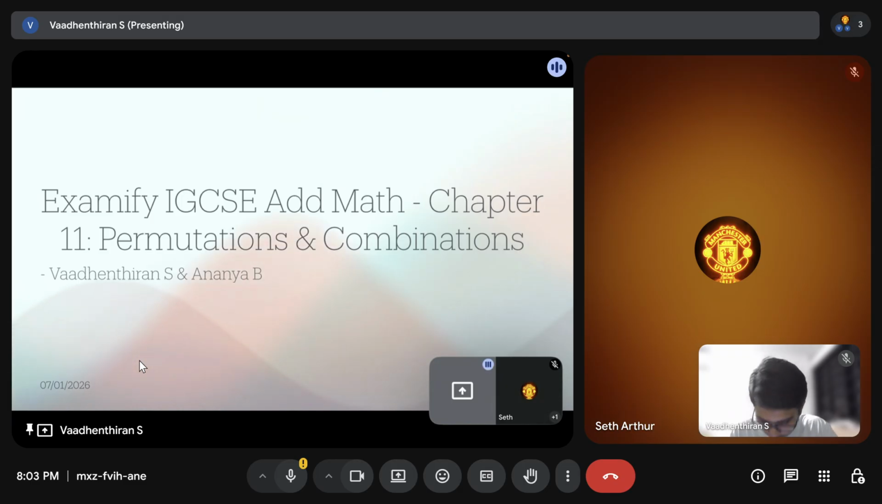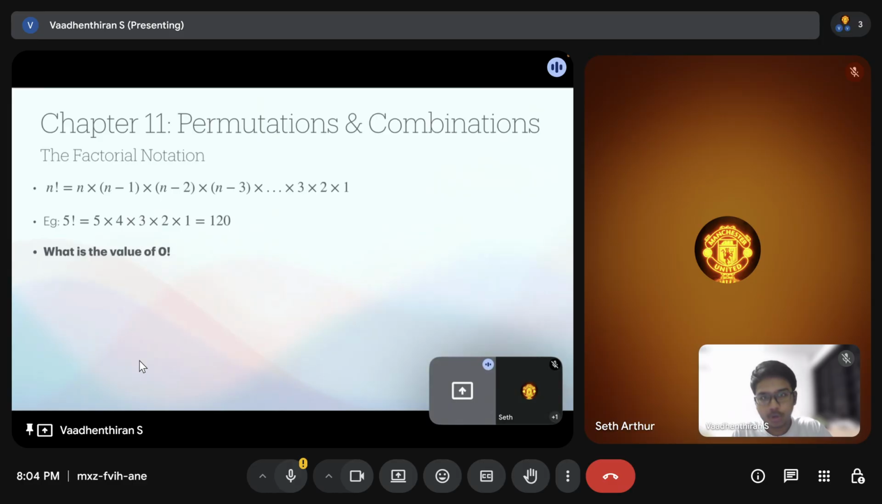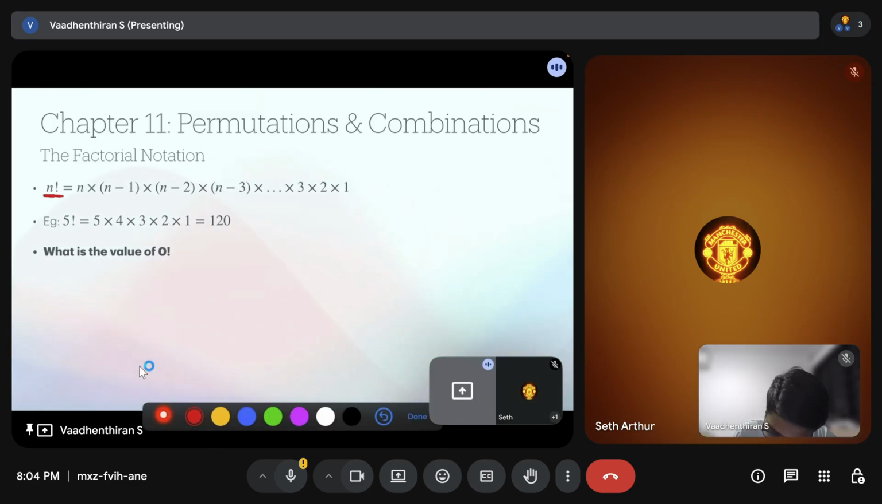Okay, today we will be doing two topics, permutation and combinations, and series. Before starting permutation and combinations, you need to know the factorial notation. I believe that this is all the basics which you need to build before you can jump into the permutation and combination topic. So you know that n factorial is